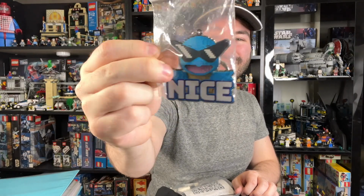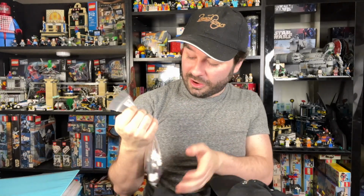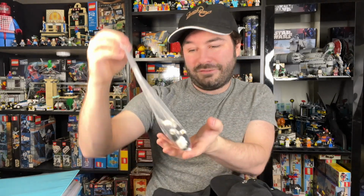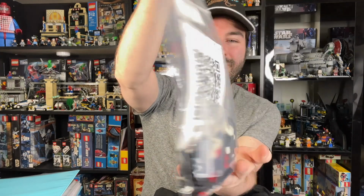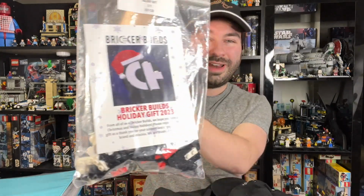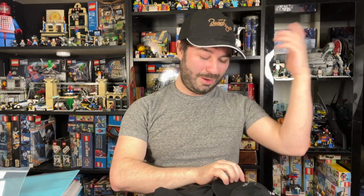First off, they sent me this really cool keychain of Squirtle with some glasses on, and it says, nice. Gotta love that. There's also a custom Lego set in here. It's got a very cool logo on it, and then you can scan a QR code back for instructions. So this is cool, very holiday themed. Unfortunately, this came to my P.O. box after I'd left for the holidays,